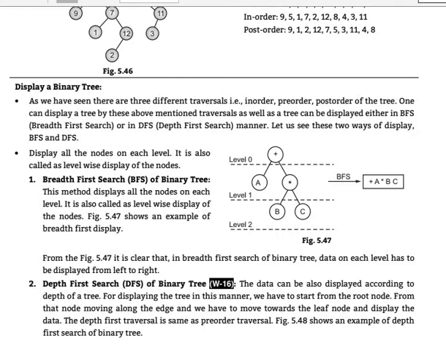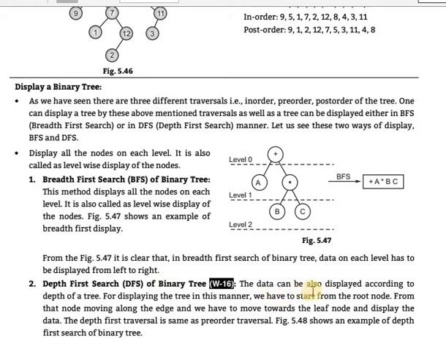Apart from in-order, post-order and pre-order, there are 2 other methods: breadth first search and depth first search. In breadth first, level-wise nodes will be displayed, from left to right. There are 2 conditions: level-wise display and left to right. First, in level 0, plus; after that, in level 1, A, after that multiplication sign, after that B and C. This is the answer. Second, depth first search, DFS, of a binary tree.